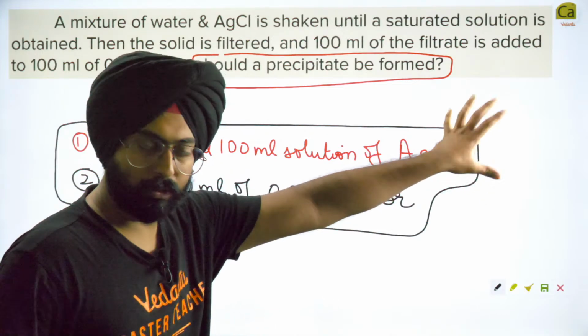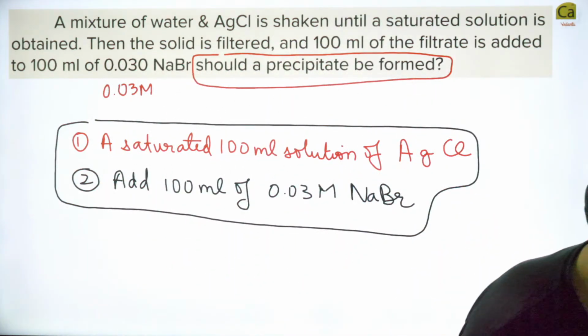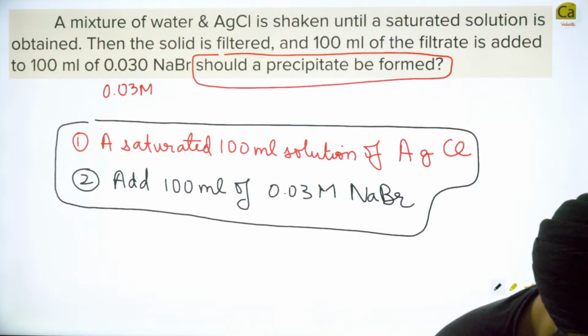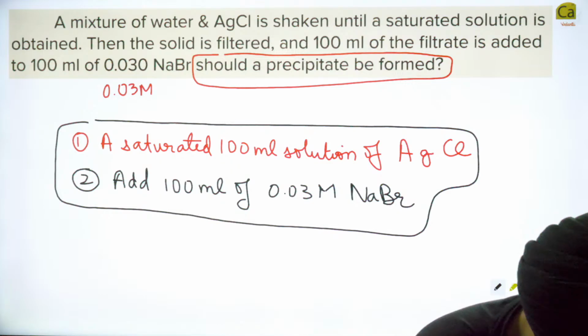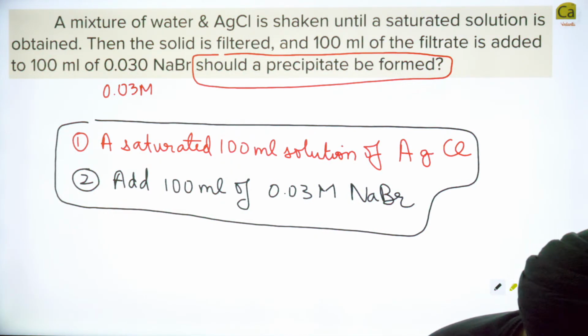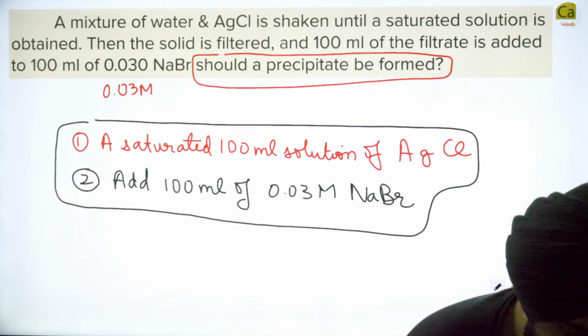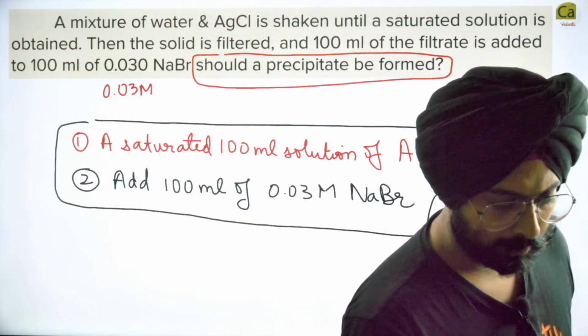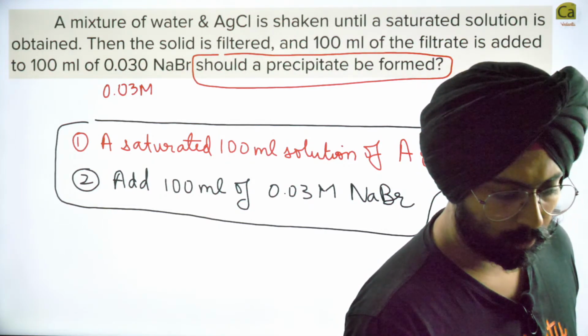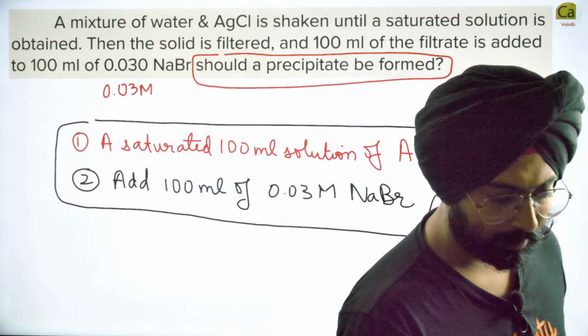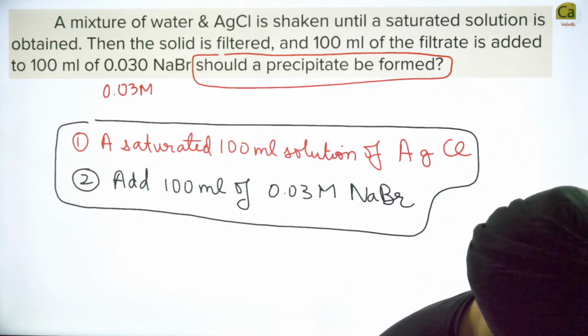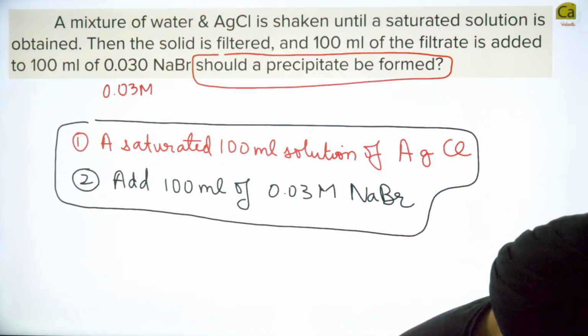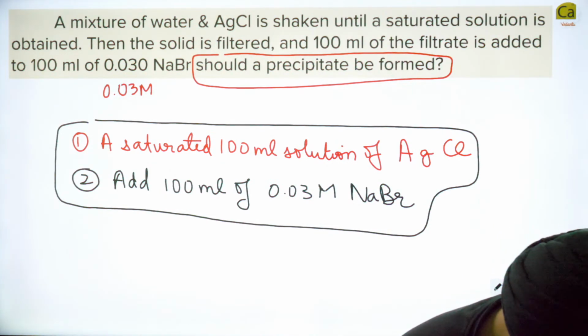Now there is some missing information that I will give you. Just give me 1 minute. I will give you the missing information very quickly. The solubility products are not mentioned over here, so let me find them and give them to you. In the question, if it comes in your examination, they will mention the solubility product. No need to worry, you don't have to remember it. You don't need to remember solubility products; when the question comes they will give them to you. Here it got missed by mistake. So just a moment, I am trying to see what the values are.